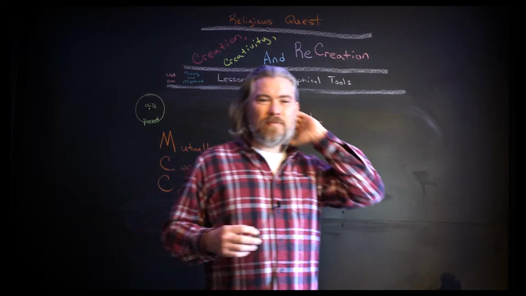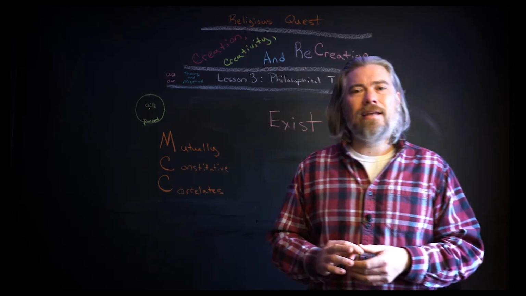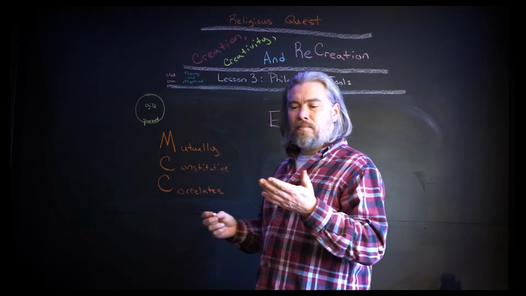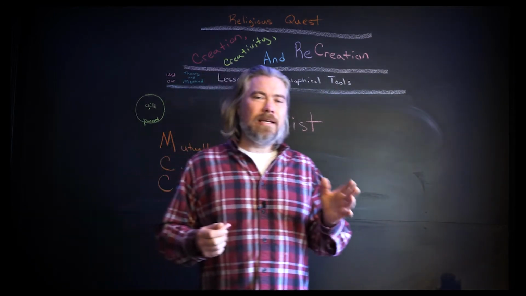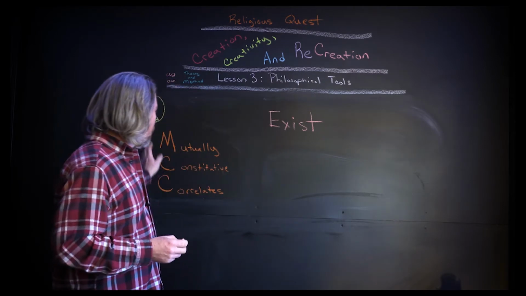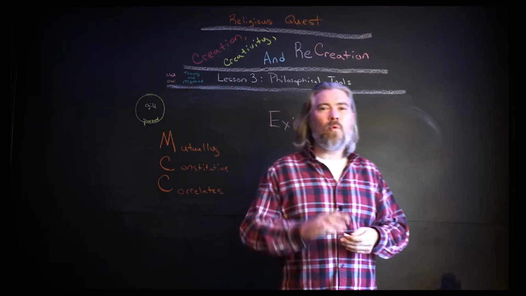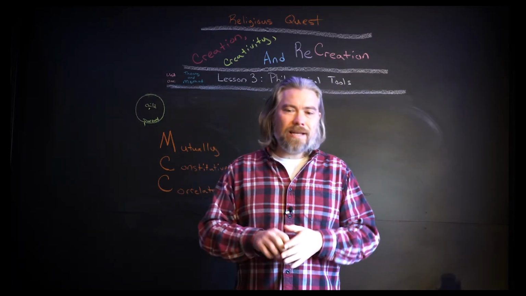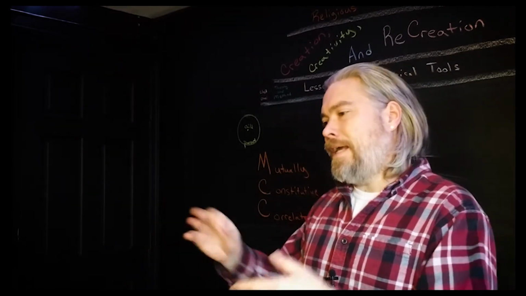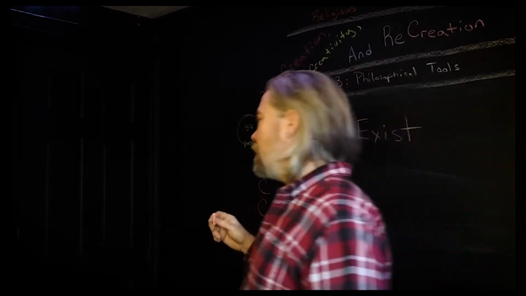So exist is another way of saying that something is, right? If it exists, then it is. It has some being, right? If it is, then it exists. But what do we mean by this word exist? So think about the relationship between this word exist and mutually constitutive correlates, or the idea that signifiers are always intellectual divisions created by the mind in order to divide physical material reality into various intellectual conceptual divisions, right, which signify